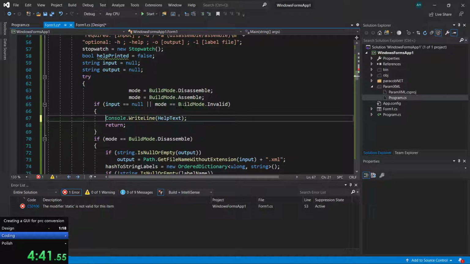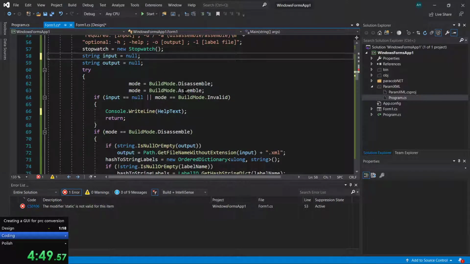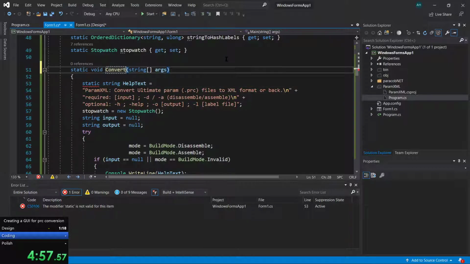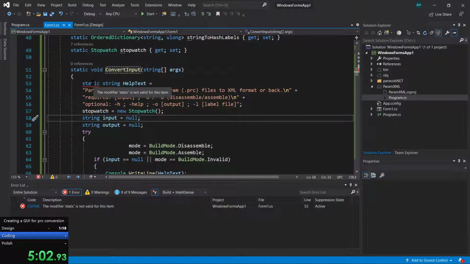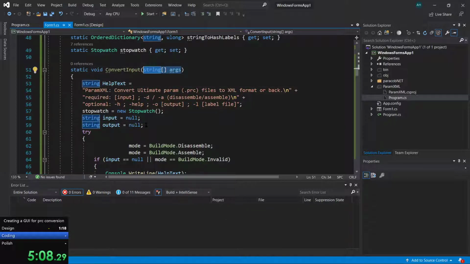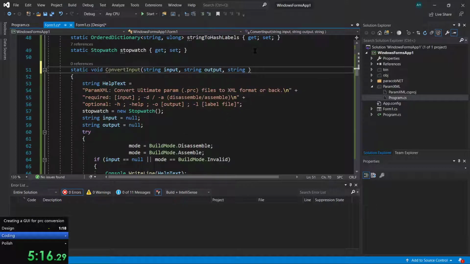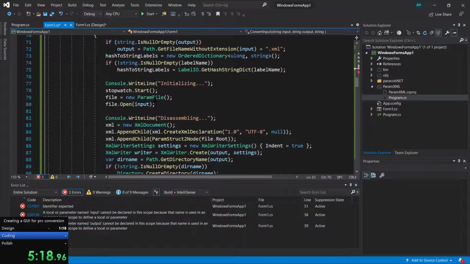Yeah, good enough. Help printed equals, we don't need that. We need the input and output to equal two things. So first we'll convert input. And this one will have string input, string output, string, let me see here,